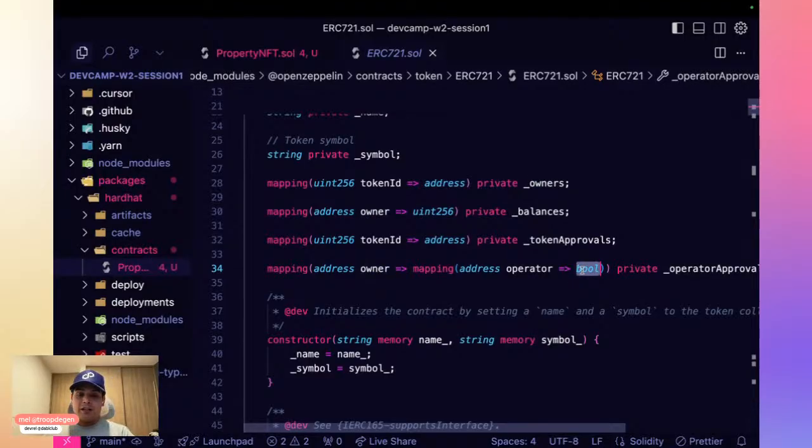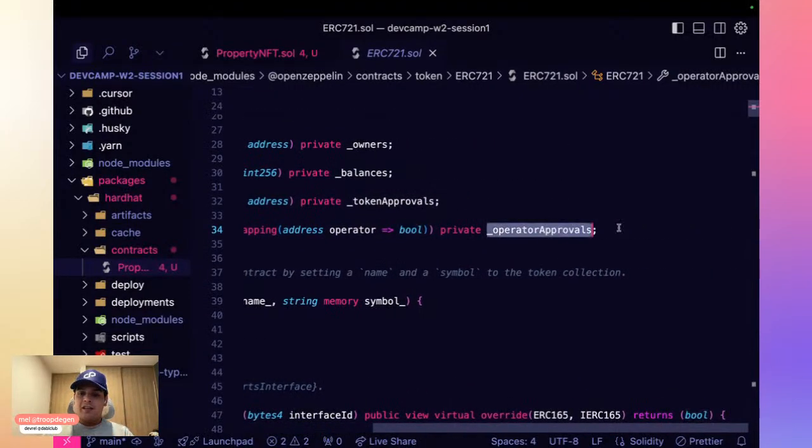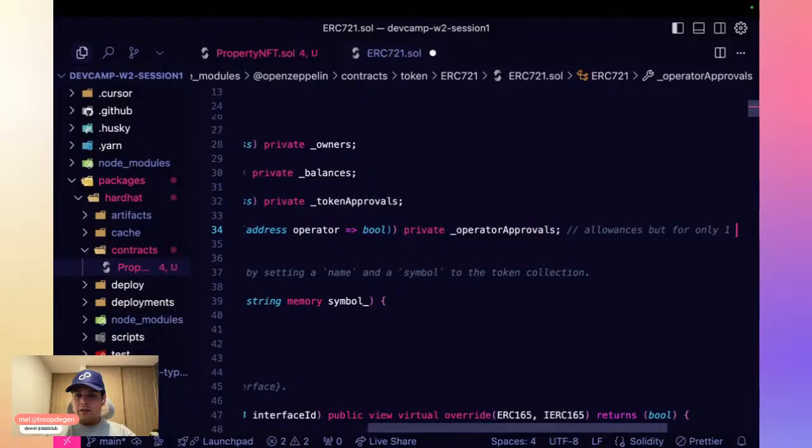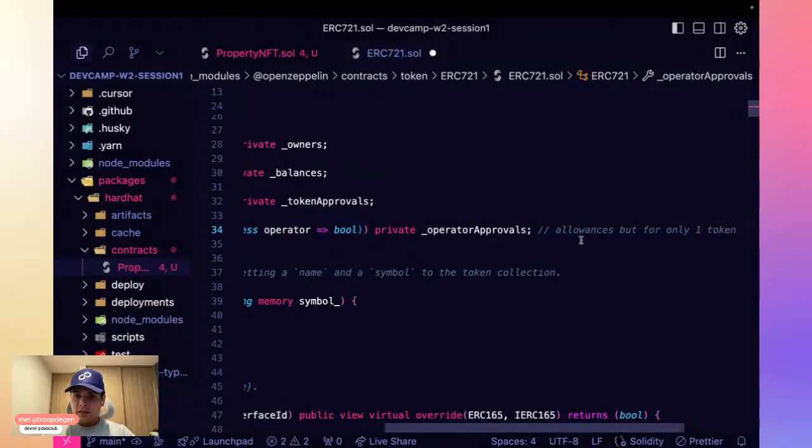Previously, for ERC-20 tokens, since you can have X amount of tokens and it doesn't matter which token ID each one has, you can just move balances like allowances. But now, since you're moving specific representations of an entity, it can only be one, and that's why we are using a bool. This is just another way to say this is similar to allowances previously, but for only one token.